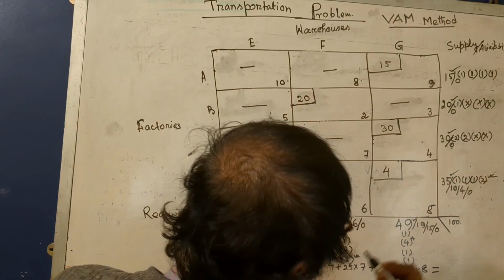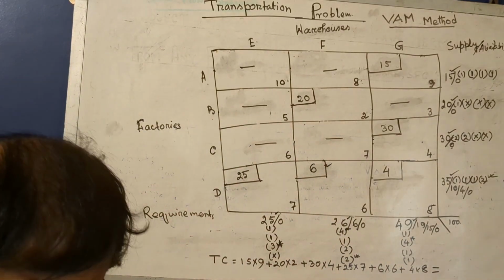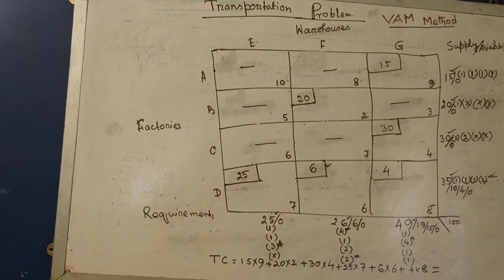You can calculate it, and whatever it would be, that is the transportation cost by this method, and that will be 538,